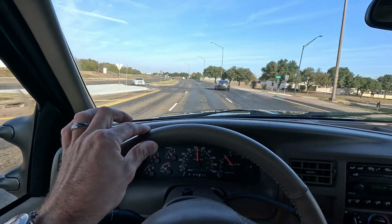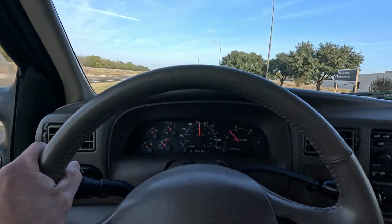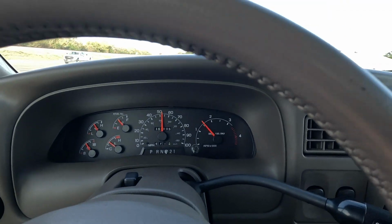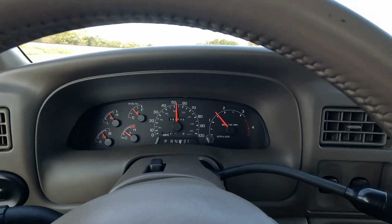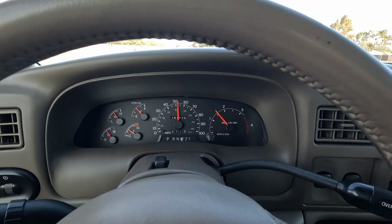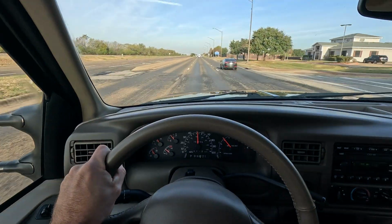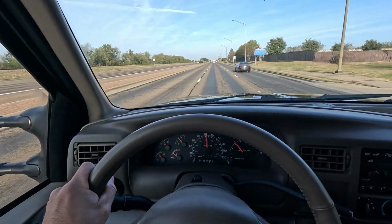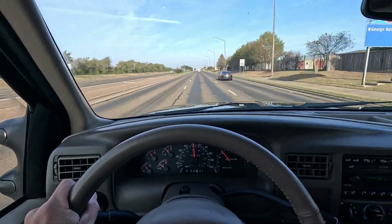Like there's no free play in this steering wheel. We're cruising right now at about 55 miles an hour, running about 1,500 RPMs. Also, this one's going to get better gas mileage than a four-wheel drive. I'll let the video run another 60 seconds or so, keep it around 20 minutes long. But you can see